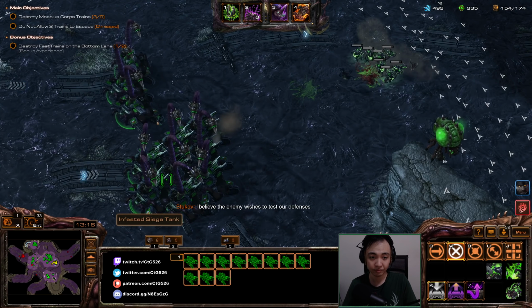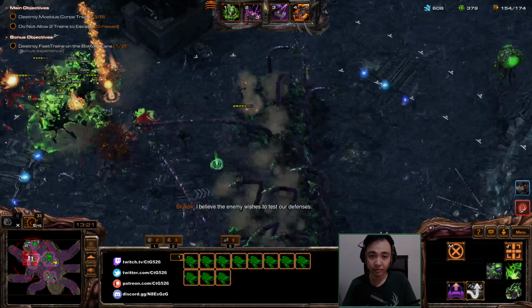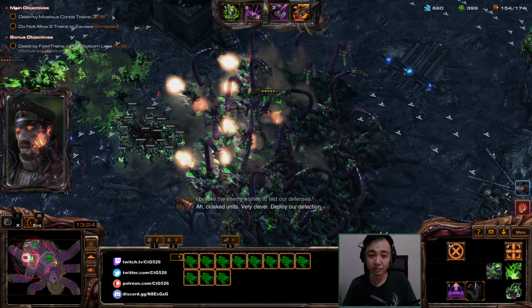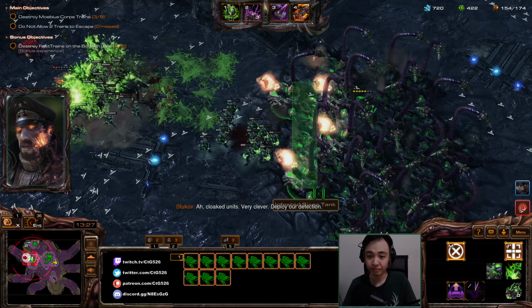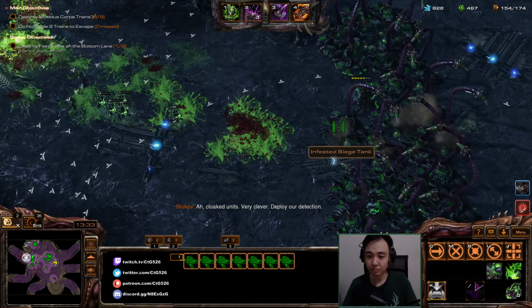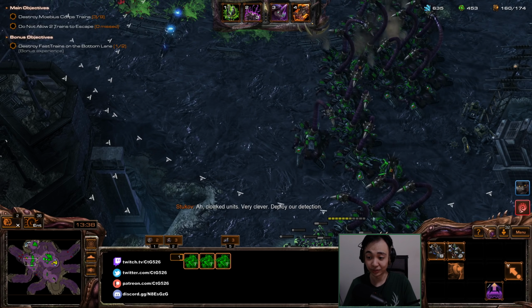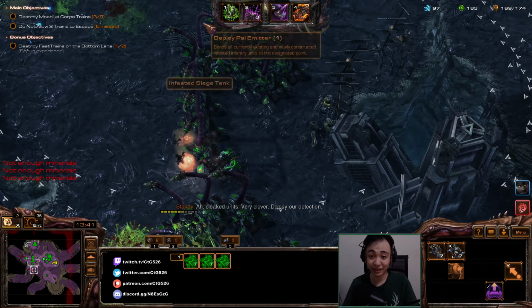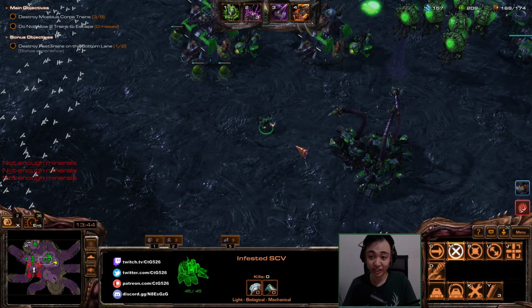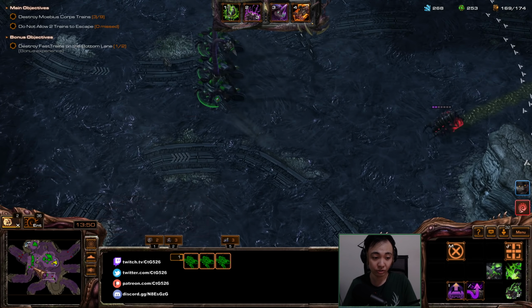Okay. Let's get SCV back. The hive cluster. Our forces have met the enemy. No enemies. Very clever. Okay. Siege up there. Unsiege, then siege. We're gonna max out soon, guys. Not enough minerals. We're actually gonna max out soon. The only question, I guess, is whether we'll actually max out